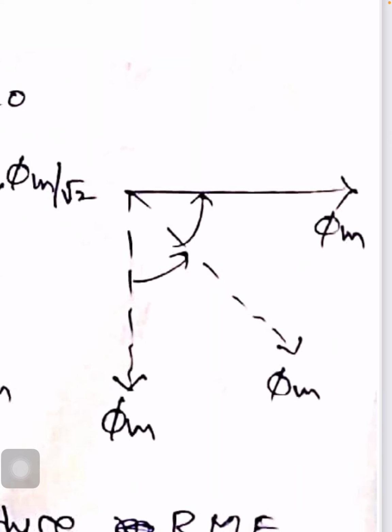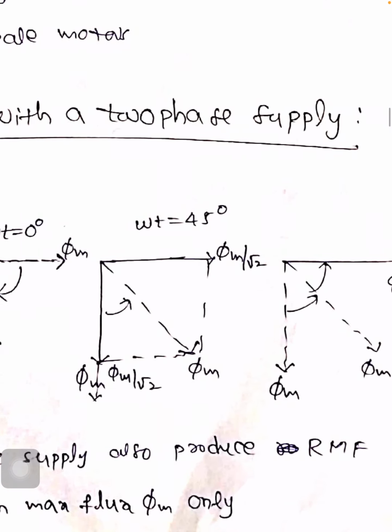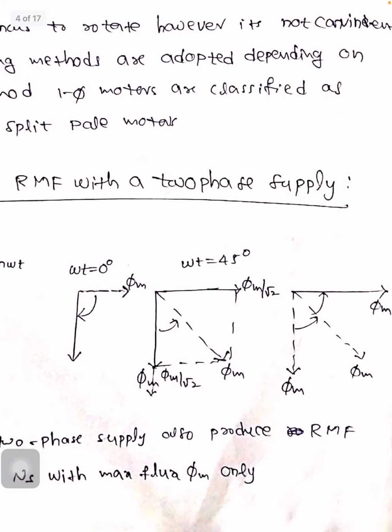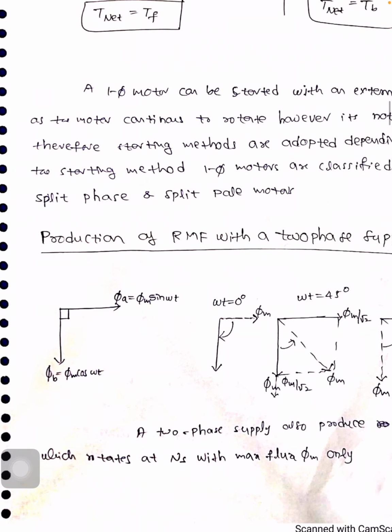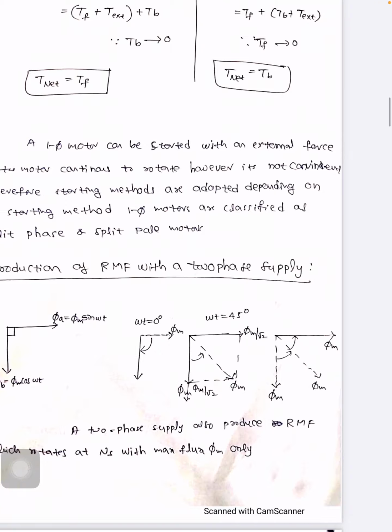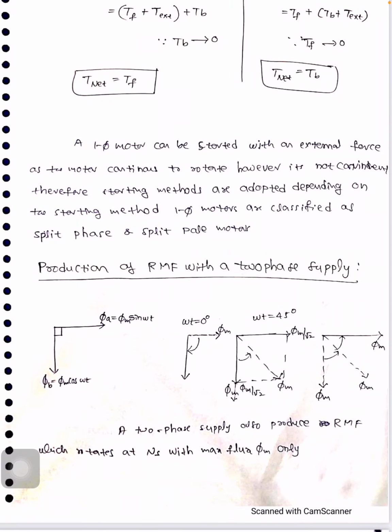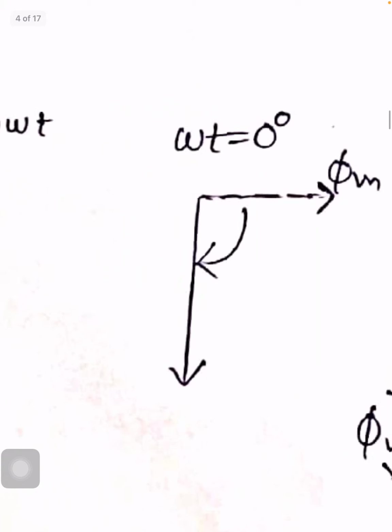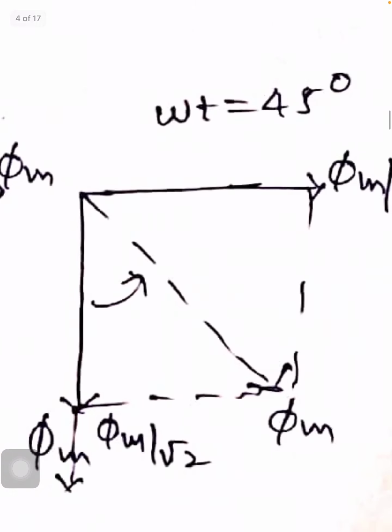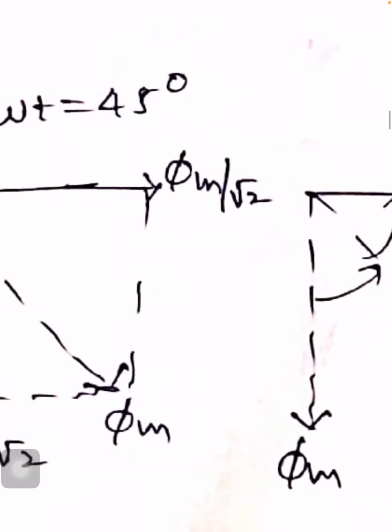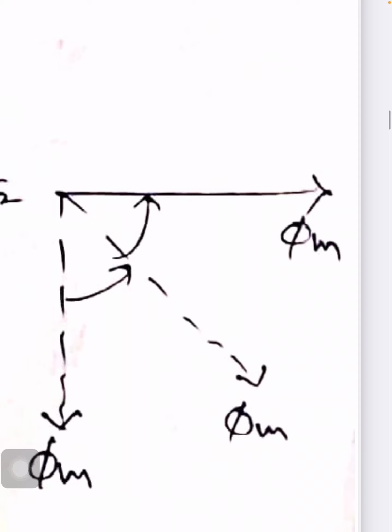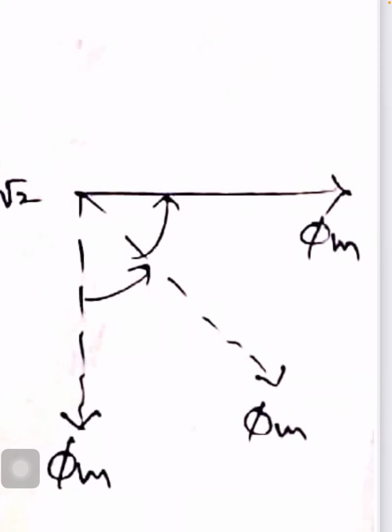So here is the resultant flux phasor. The thick line always represents the resultant flux. Now see, it is the most important observation by giving the two-phase supply. Then what happens? See, here is the position of the magnetic field. At omega t equal to the dotted line exactly in the middle, that is the φm line, and exactly at here also the thick line represents the resultant flux